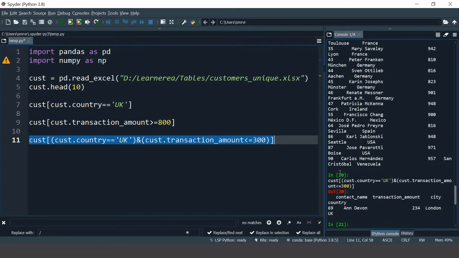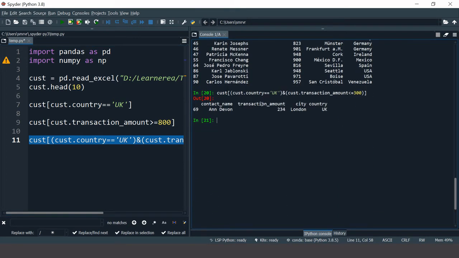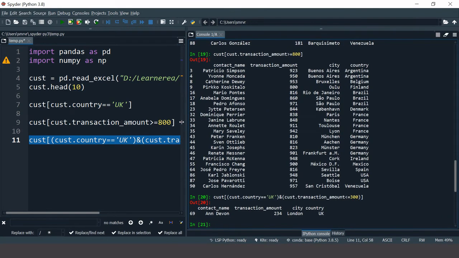Boom. Let's see how many records we have. Wow, we have just one record where the country equals UK and transaction amount is less than 300. Let's have a look, just one record. Here you have all the columns selected. For example, I only want to see two columns, which are contact name and transaction amount. What are you going to do for that? Nothing much, just select these two variables,